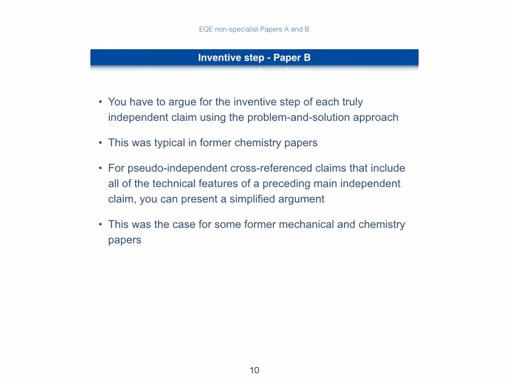Inventive step for paper B. Candidates capture or lose major credit on inventive step arguments. You have to argue for inventive step of each truly independent claim using the problem and solution approach. This was typical in former chemistry papers. For example, a cross-reference claim reading